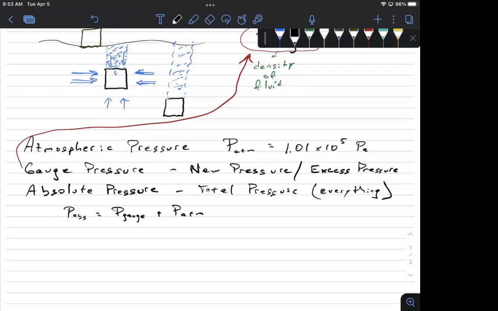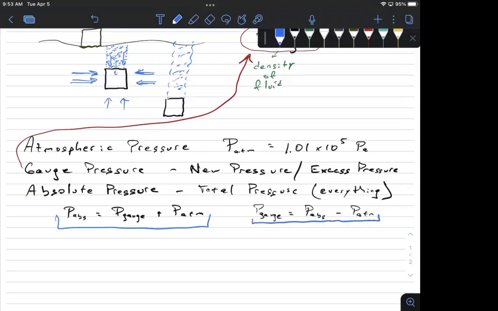And also remember this equation that I have written right here, you can either write it that way, or you could say gauge pressure is absolute pressure minus atmospheric. Okay, so,